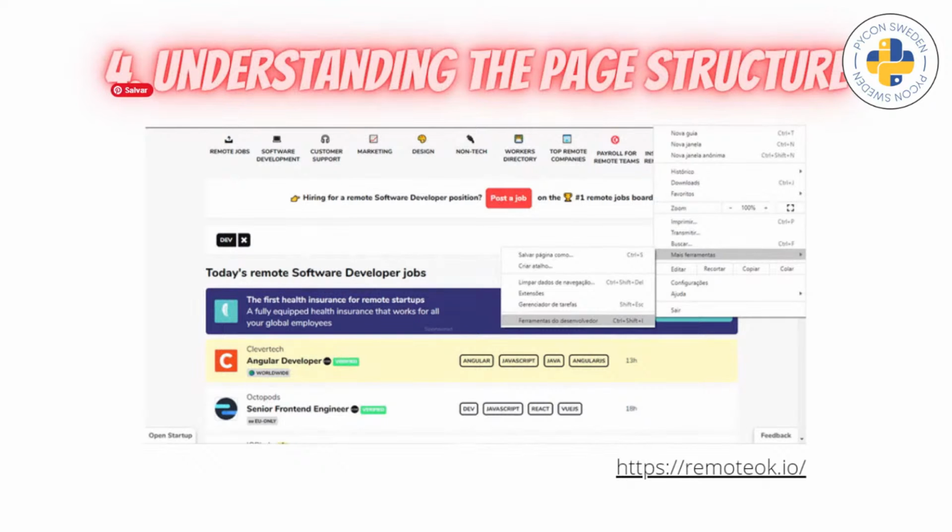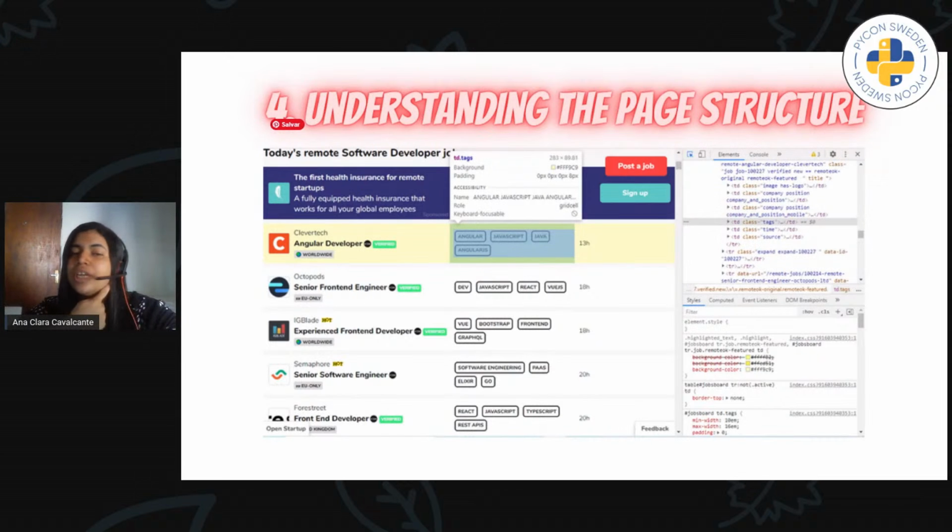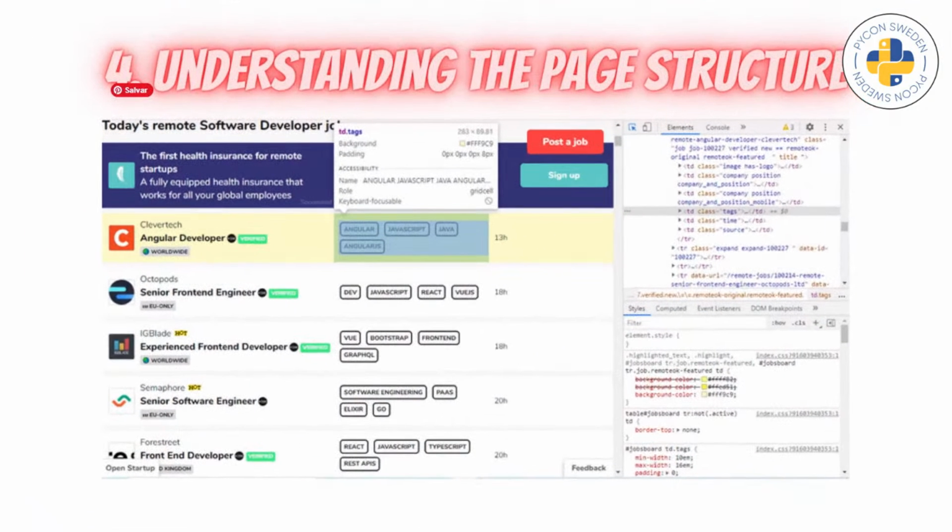So here you can check the tools. It's in Portuguese, but if you are using Chrome and you click in the configurations and go in tools, you can see the developer tools, and there you can access this page where you can check the page structure by simply passing the mouse on stuff. Here I passed my mouse on these tags and it showed me where this specific part of the page is in the HTML file.